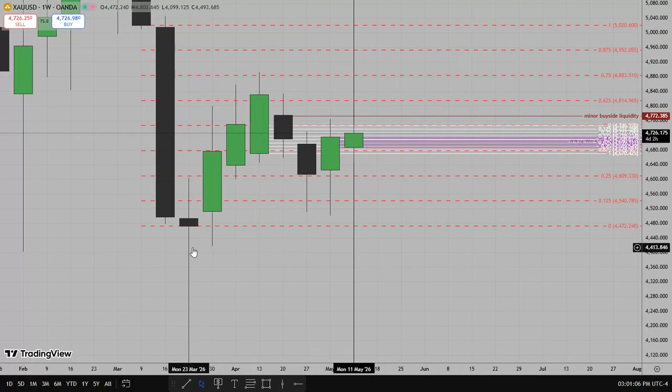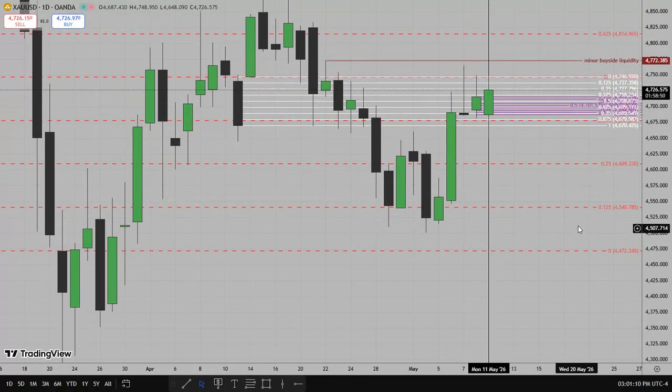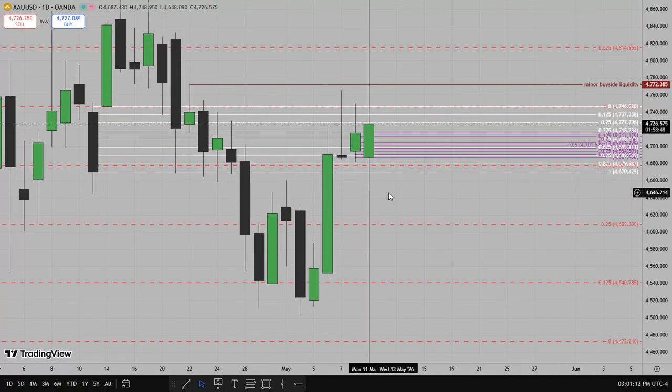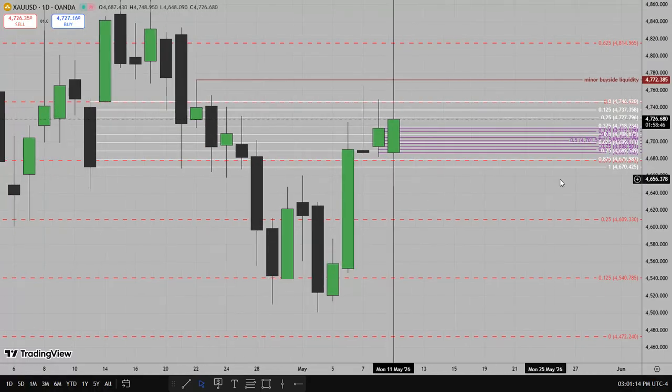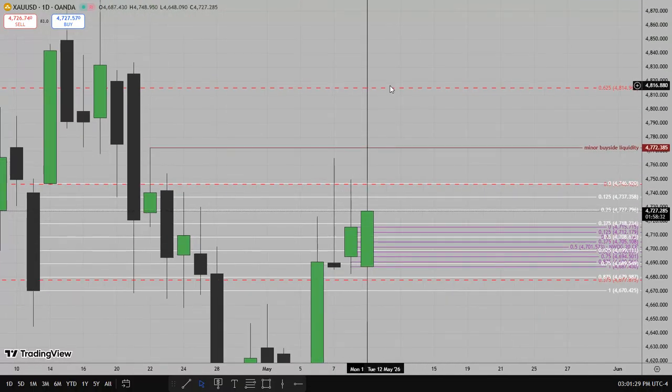So what my eye goes straight to is the consequent encroachment. That's the middle, the center, the equilibrium part of it. So watch out for that level there. This dashed red level there,